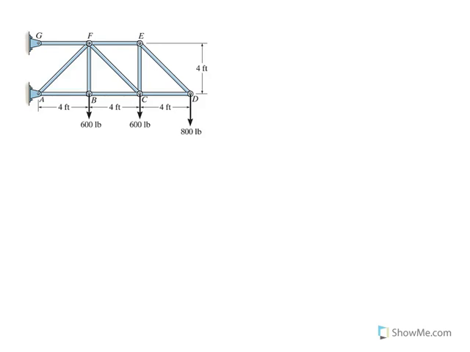Hello again. I'm here with a video related to using method of sections to find internal forces in some selected member of the truss. This is a very simple truss, as you can see. And the objective here is to find the force in member EF, force in member CF, and force in member CB using method of sections,